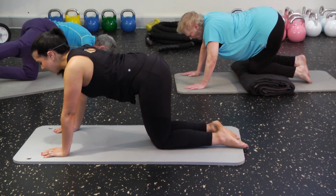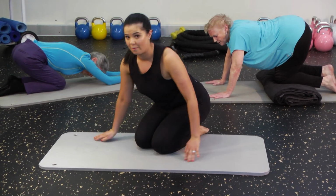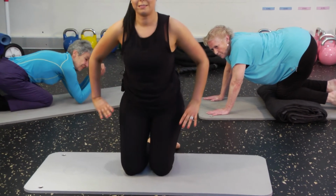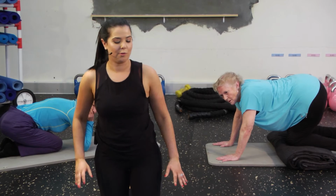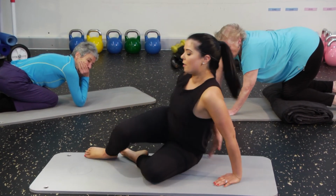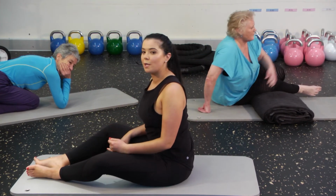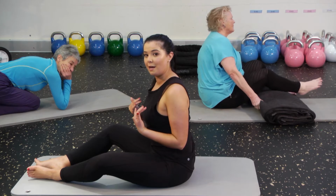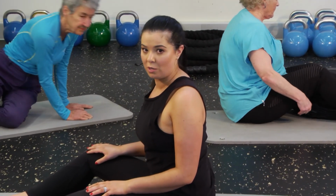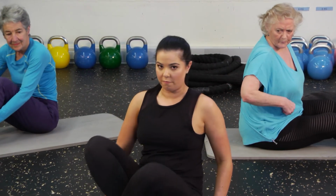Okay, great. Now guys, for your stretches, you can be in any position where you're comfortable. So for example, you can stay up here, or if you like, you can come down here, or you can be here. It really doesn't matter. We're going to be stretching out through the neck and the arms, so where your legs are, it doesn't matter as long as you're comfortable. So getting into a position where you're most comfortable,